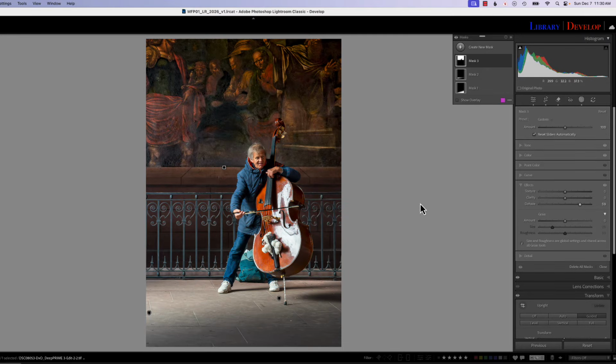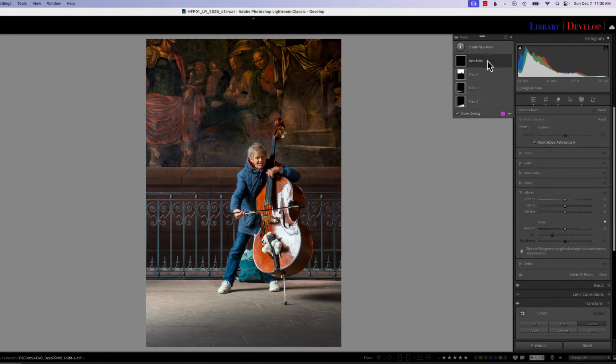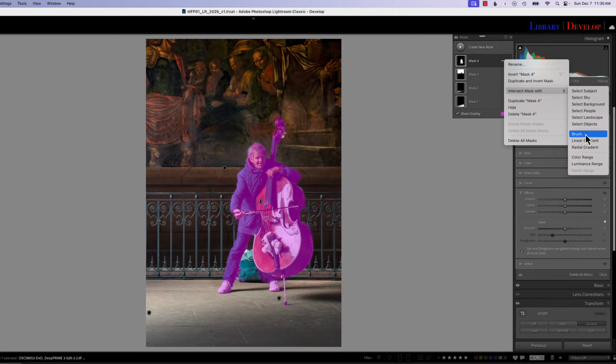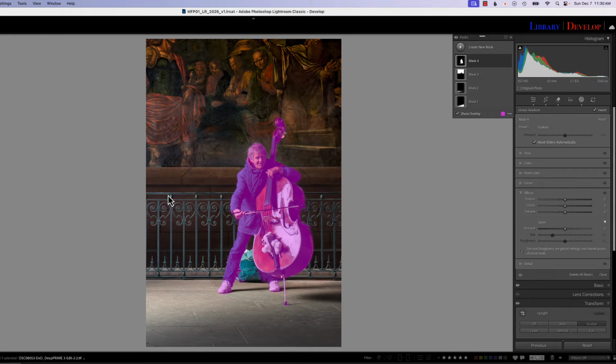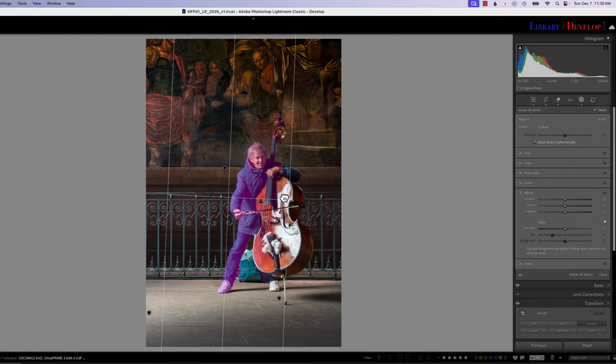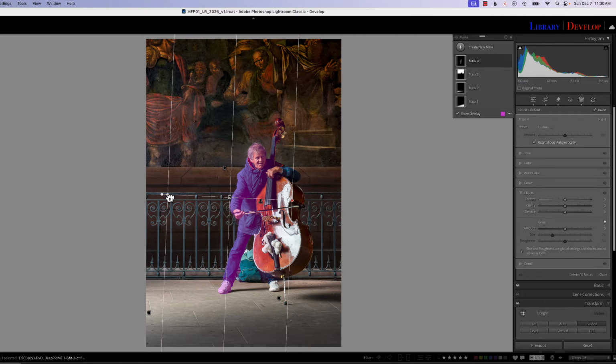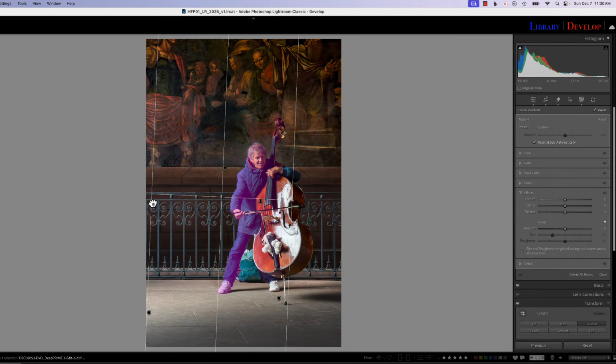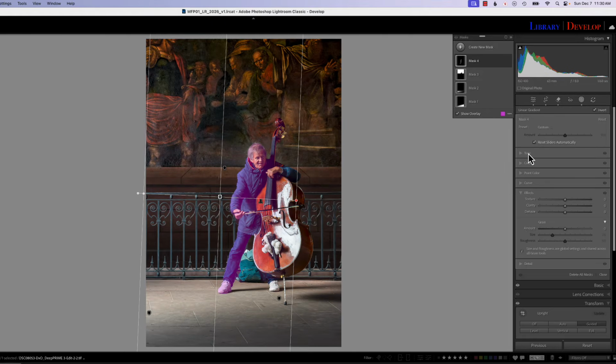All right. So next what I want to do is start masking my subject. So I'm going to go up here and create a new mask, select subject, did a really good job, and we're going to intersect with a linear gradient, and we're going to come in from the side here and start adding light to our subject. So you can see our subject starts turning magenta where the light's going to hit, and I'm going to keep it pretty shallow. I'm going to have a wide gradient so we can see that the light comes in very slowly. Then I'm going to give it a little light